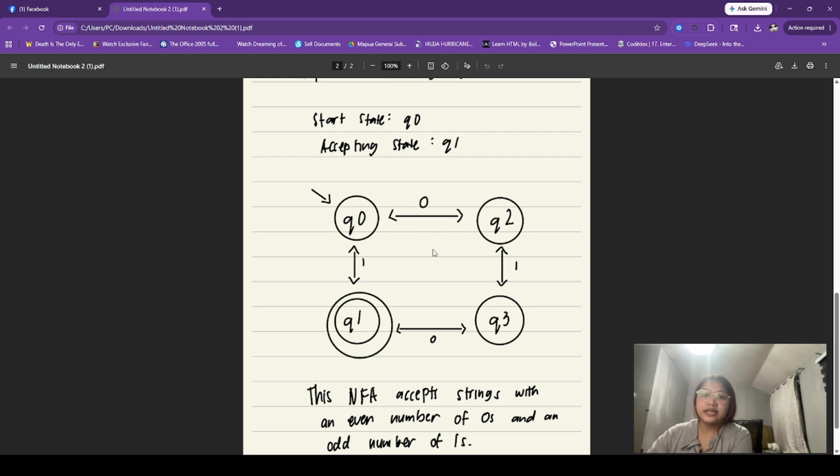So the start state is Q0 because the empty string contains 0 zeros and 0 ones, which are both even, and the accepting state is Q1 because it represents an even number of zeros and an odd number of ones. So whenever the machine reads a 0, the parity of zeros changes, and whenever it reads a 1, the parity of ones changes. And so the transitions between states correctly track these changes until the machine reaches the accepting state Q1. And therefore, this NFA correctly accepts all the strings with an even number of zeros and an odd number